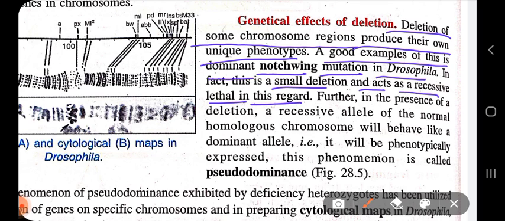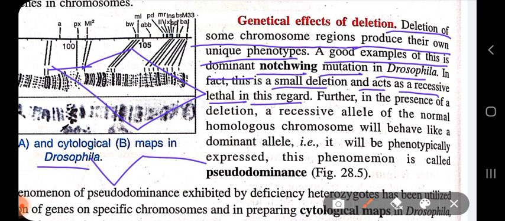I think you know what a notch is. In a mobile phone you get a notch display, that is a V-shaped cut display. So here the wing is just like a V-shaped cut. That type of phenotype will be observed in Drosophila. Drosophila are actually fruit flies that you normally find when you cut a ripened fruit in front of your room.